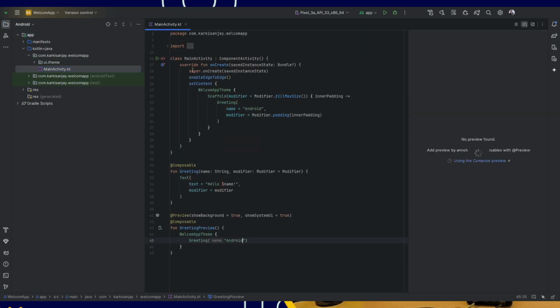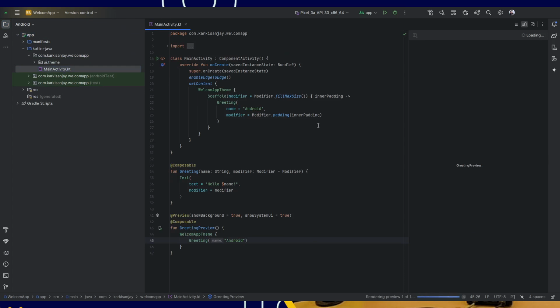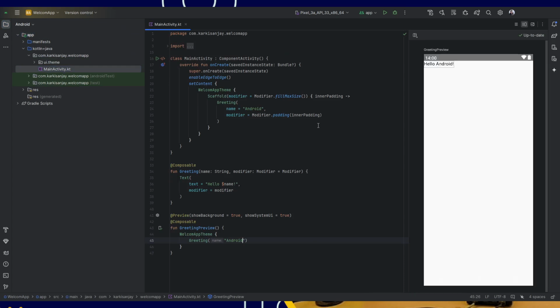So this is our main activity, in which all the stuff will be put together here. Currently there is this Hello Android. Let's write something different than Android. So let's write our own name. So yeah, this is Hello Sanjay, and if you run this on the emulator, then yeah, it will be,